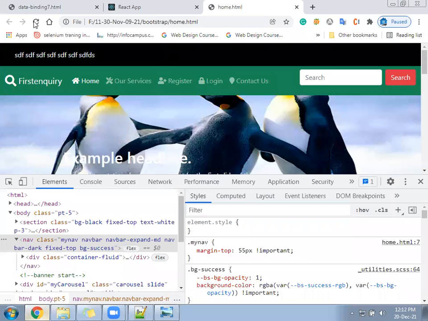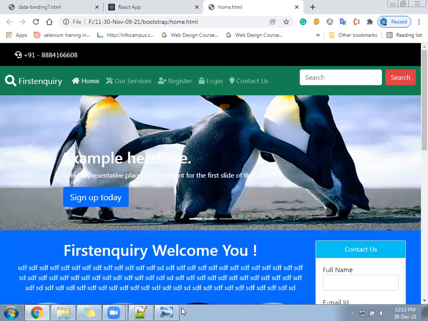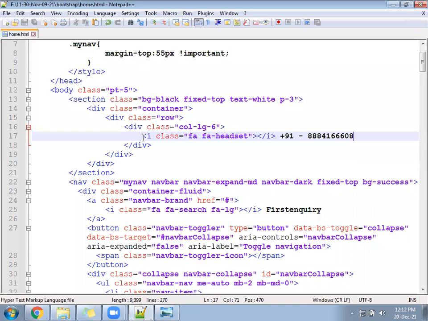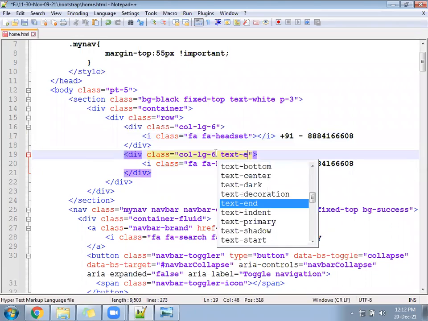the left side will have the mobile phone with icon, and in the right side, the social media icons. So how to bring them in the right side? Text icon and text end.